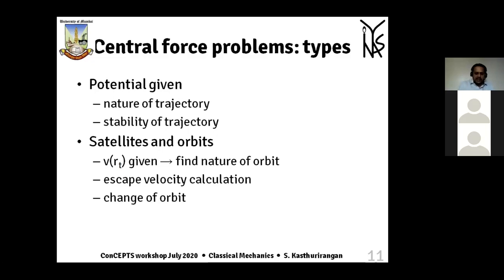Sometimes the potential will be given and you are asked to find the nature of the trajectory. Normally, if you are used to, or if you have glanced through several such problems before, then mostly you can do this by inspection. Again, it is a part of your training. And if not by inspection, then at least a quick back of the envelope calculation can be done, and you can arrive at that particular solution to find the nature of the trajectory. Because in the effective potential, if it is bounded on both sides, then the trajectory is closed. If it is not bounded on one side, the trajectory is an open trajectory.